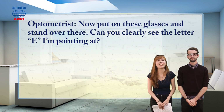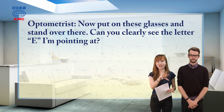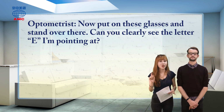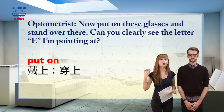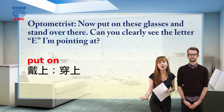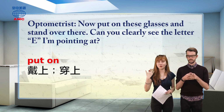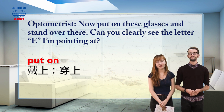Okay, 好啦，那我们看到大家通常都知道要就是配眼镜，对不对？大家应该都知道那个步骤。他就说，OK，现在把这副眼镜戴上啊，然后站在那边。你可以看到我现在指的字母 E 吗？OK。不过呢，我们先来回去看一下刚刚有提到的 put on 这个片语，就是戴上或者是穿上。OK, so you can also put on other things besides glasses, like put your shoes on or put on your jacket. 有没有你的夹克？Or even put face cream on every night if you want to look pretty and everything. Moisturize. 擦面霜、脸霜。